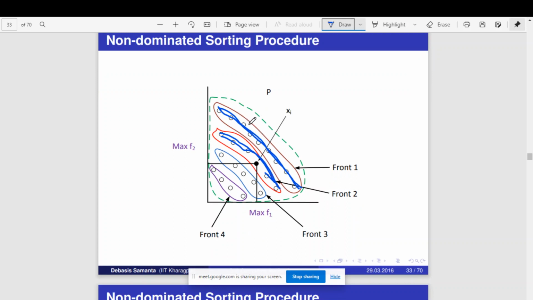First, the algorithm will identify the Pareto optimal front at the top level and assign rank 1. Then all the rank 1 individuals will be removed, and it identifies the next level of rank 1. So they are also in the Pareto optimal front. Then it removes that, and identifies the next level of individuals. After removing this, who will be assigned rank 1? The one in the front 4. Yeah. So this is how the algorithm works, right?